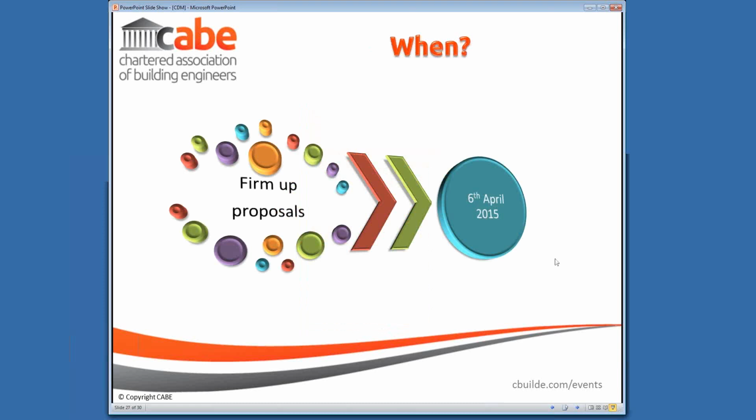We've then got to look at how we change over. If we've got a project that starts today and we appoint a CDM coordinator, but we know it's going to last for 12 or 18 months, what happens on the 6th of April? Do we suddenly change everybody's roles in that process? Or do we actually then just say, okay, we'll just see how we go and carry on as we go?